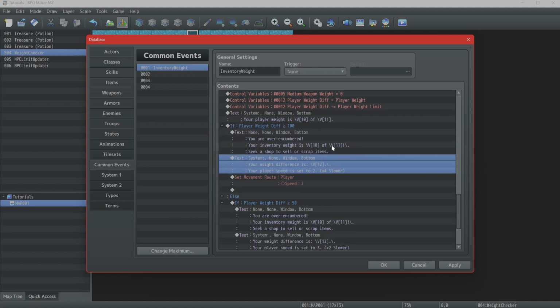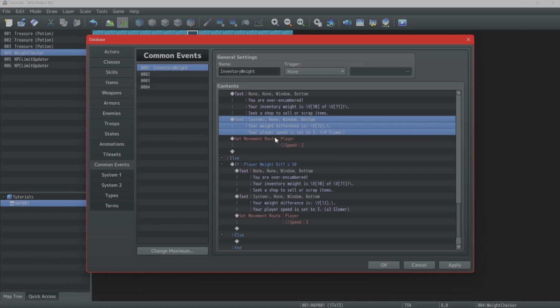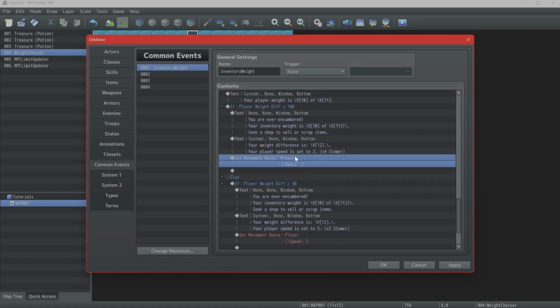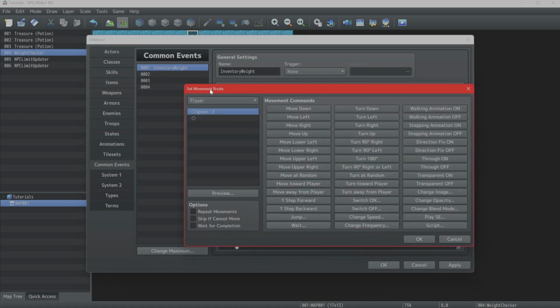You can really make this event auto scrap items for the player. That's a whole other thing. If you guys want me to go into that, I can. But for this debuff, since they're overweight by 100, I just set the player's movement speed in the set movement